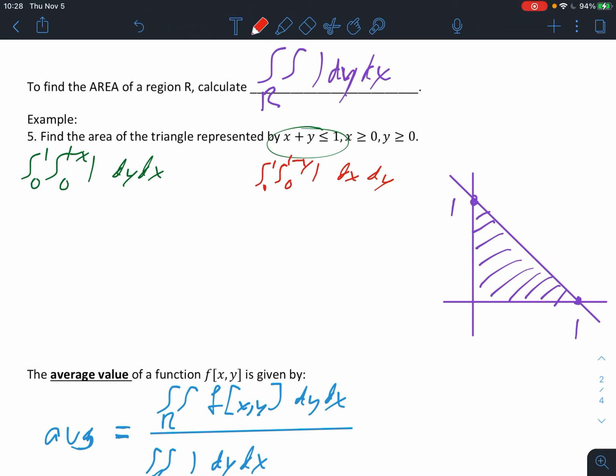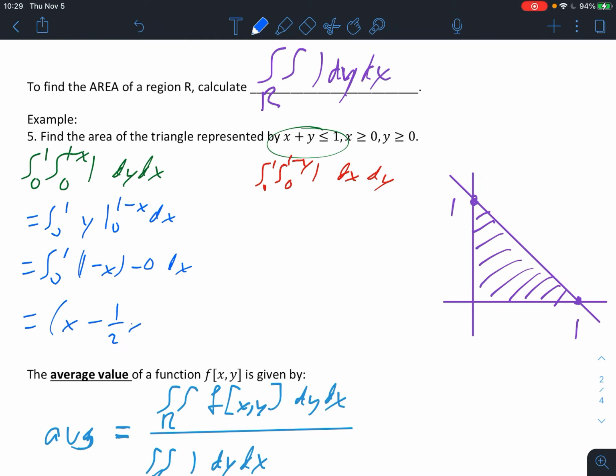Okay? You can solve either of those to get our answer. We'll just solve the one on the left, but you can solve either. So if we integrate first with respect to y, we get y from 0 to 1 minus x dx. Substitute in 1 minus x minus 0, and now integrate that with respect to x. So we get x minus 1/2 x squared from 0 to 1. That gives us 1 minus 1/2 minus 0, which is 1/2,